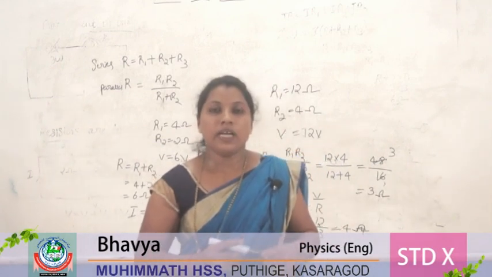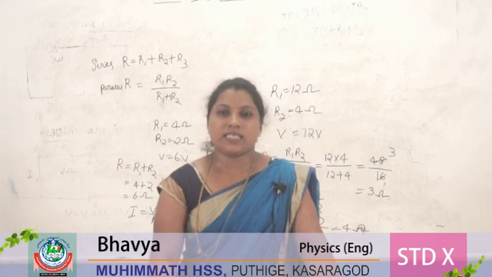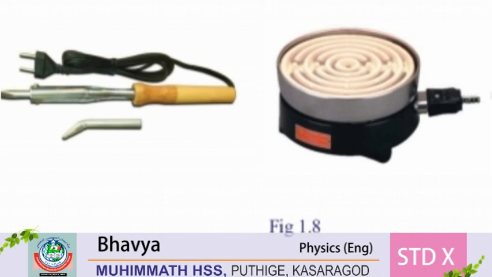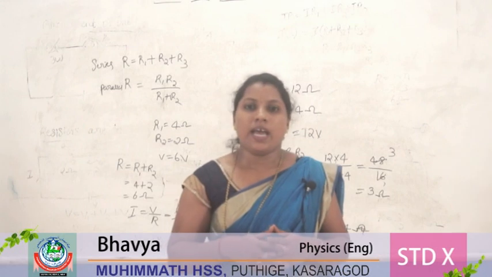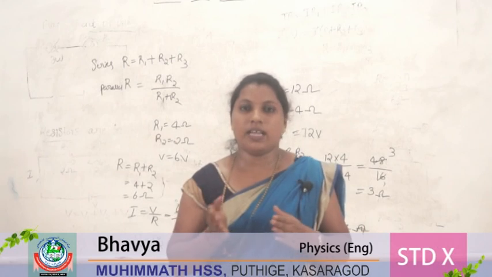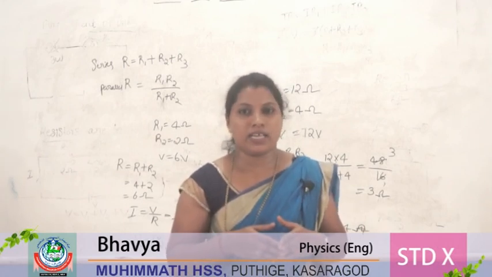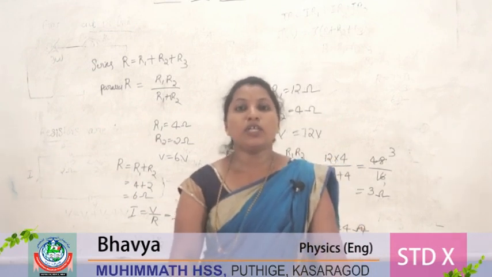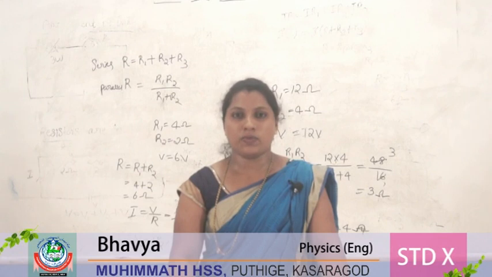Next you are studying about the heating effect of electricity. See that picture. There two pictures are given. First one is a soldering iron. Second one is a heating coil. In both these devices, they work under electricity. If you switch on, the electrical energy is converted to heat energy. In this, which part is used? Nichrome wire is used in the heating coil and soldering iron.